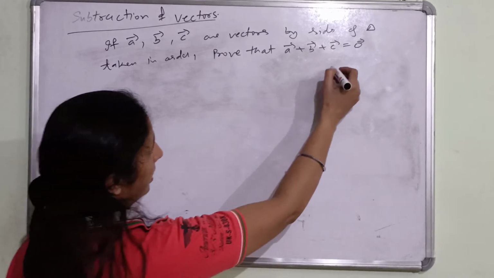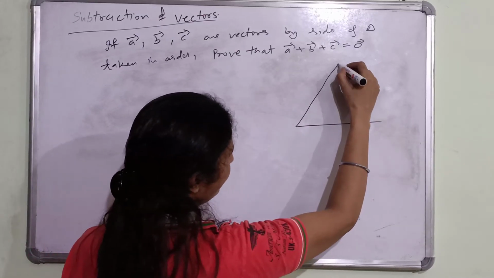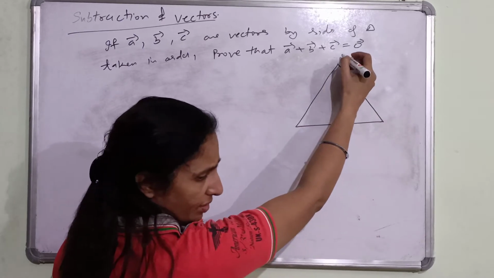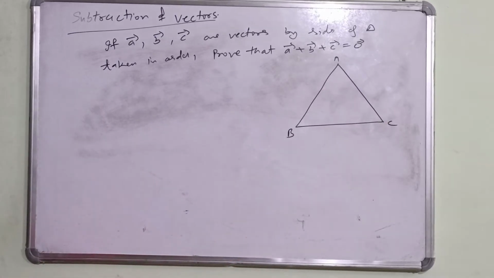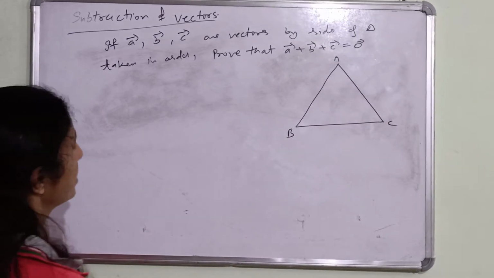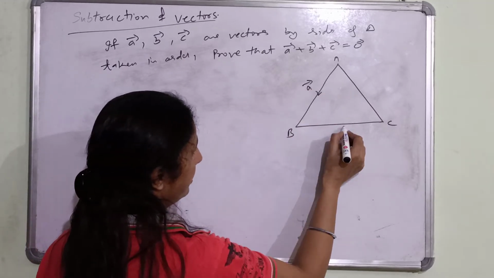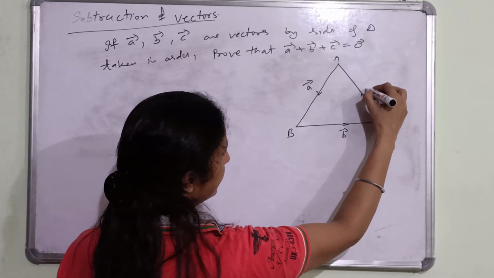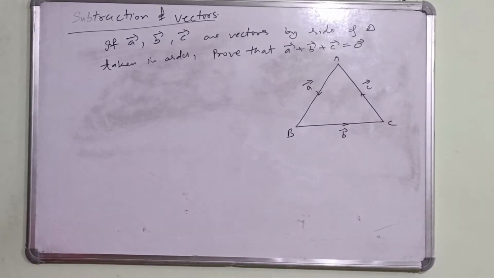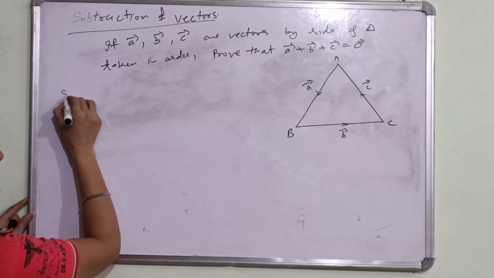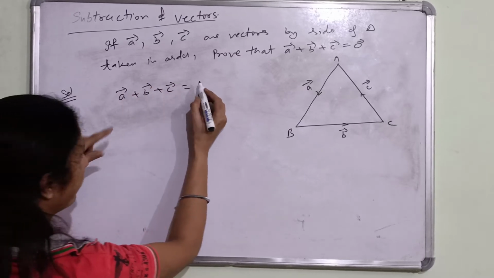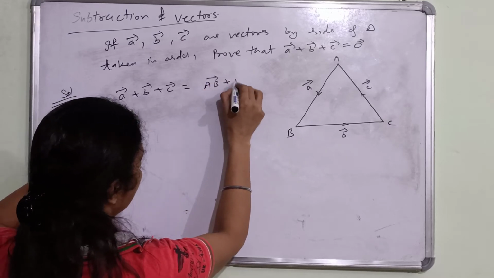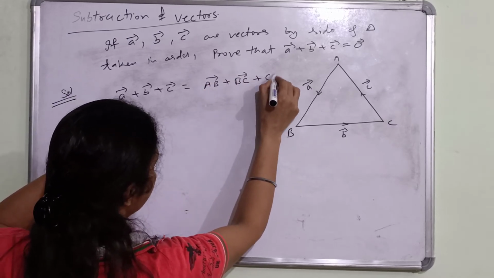Now let's see. We have a triangle. It's very easy. You need not even solve it. We can take ABC as a triangle, and A, B, C are the vectors of the sides of the triangle. So let AB be the A vector taken in order, and this is B vector, and this is C vector, because these are taken in order. Now we will use the triangular law. So now the solution or proof, we can say: A plus B plus C vector. So the sides of the triangle, it is AB plus BC plus CA.